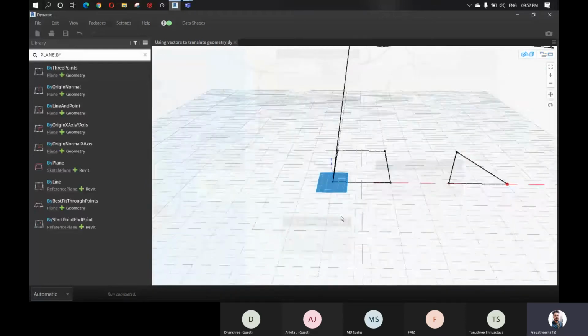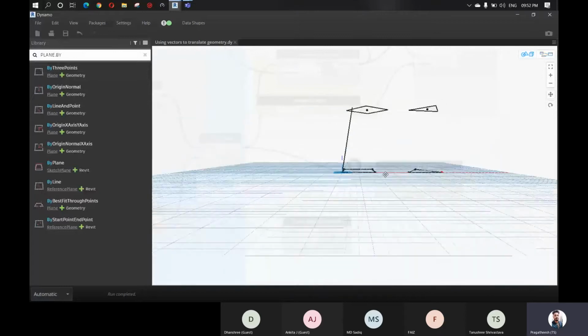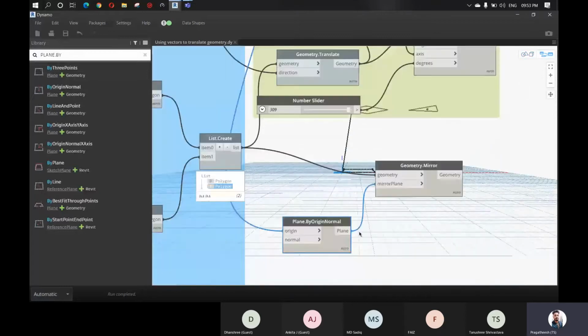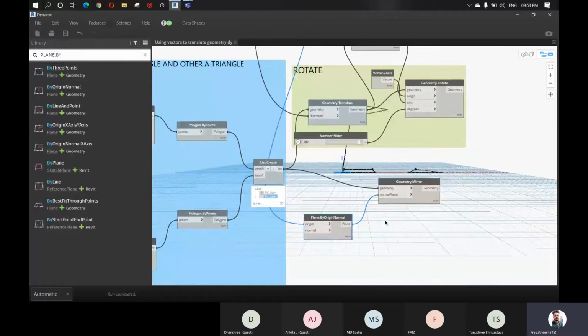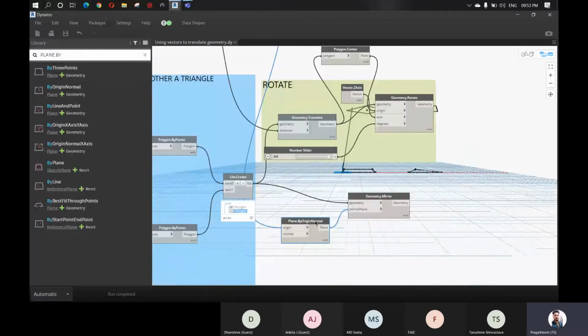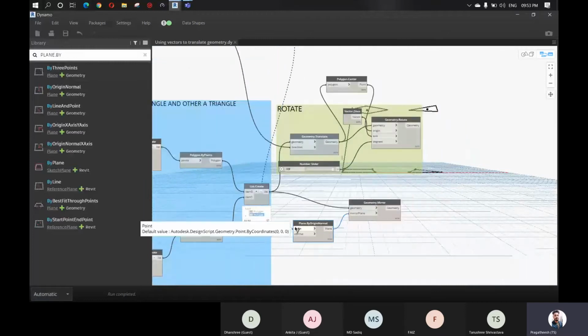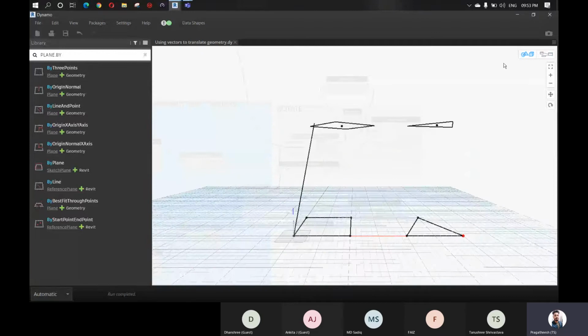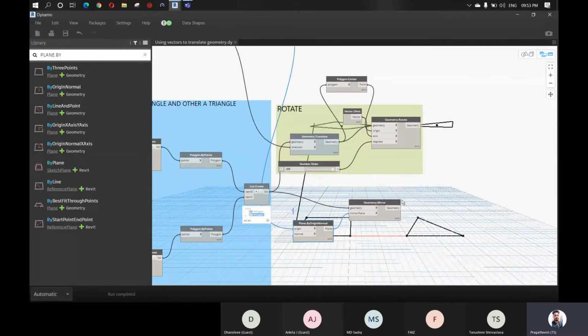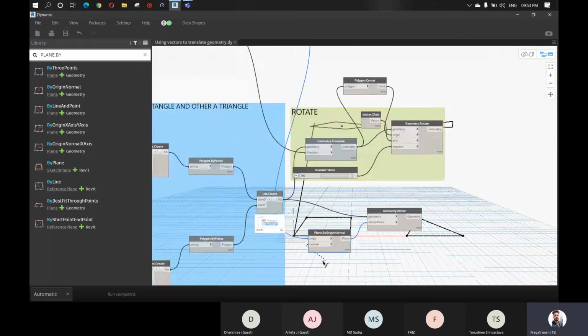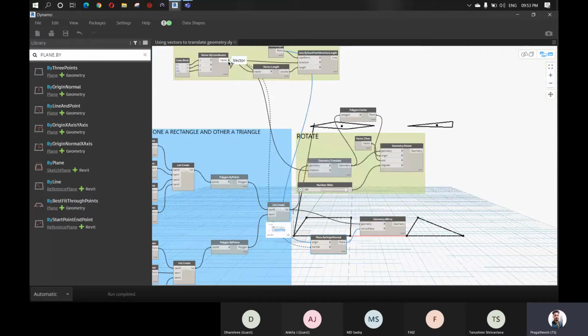So what I did is, if you want to mirror just with the x-plane, you can just give a normal value of the x and you can just do it. But in this case, I want to mirror from the vector point which we have assigned, which is 3, 5, 20. So that is the reason I connected this normal to the Vector.Coordinates which we have created. So as soon as I connect this,